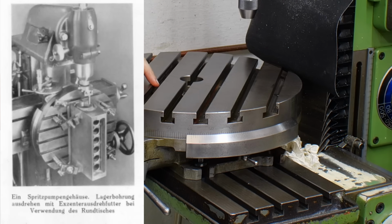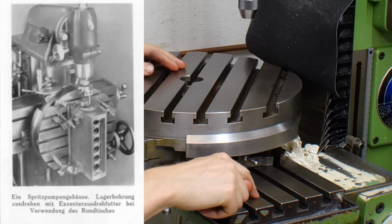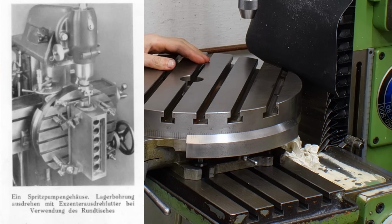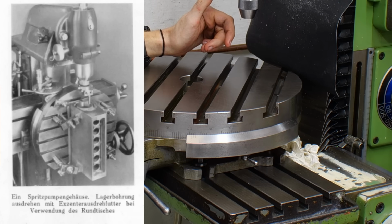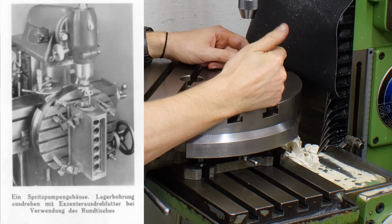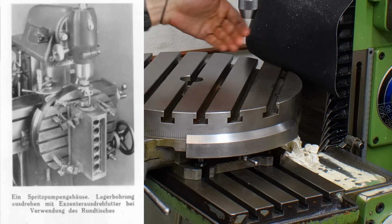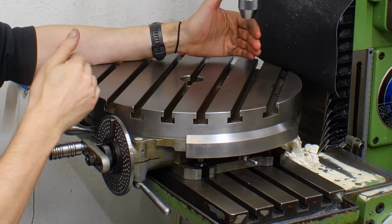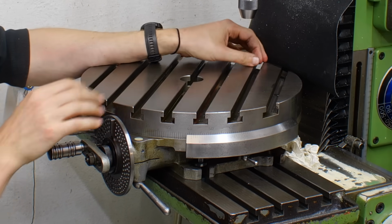You can also take this rotary table and mount it vertically against the apron of the milling machine when you remove the table. But that's more of a specialty situation if you want to machine a casting on both sides. For example, if you have like an engine block and you want to machine, what do I know about engines? The bearings in front and end of the block. You can machine one side and swing it around into the other one. If you do large parts, you gain a lot of travel in the y-axis. You're basically doubling your y-axis travel because you can